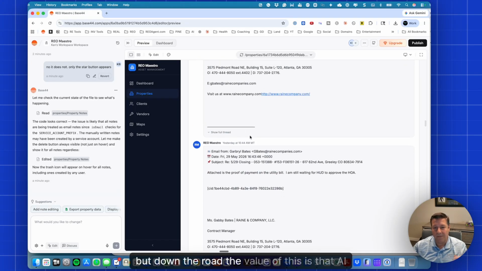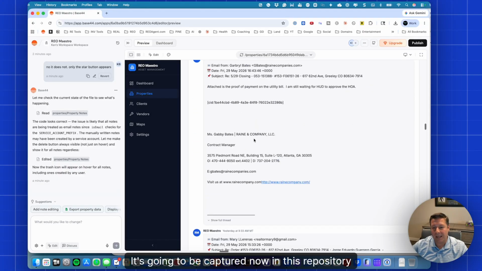But down the road, the value of this is that AI will be able to read all of these notes, and it's going to start capturing things like showing requests and what's the feedback I've gotten, because all those come into the email, and we usually throw them into a file. We'll read the comments, delete the message, and so forth. It's going to be captured now in this repository,